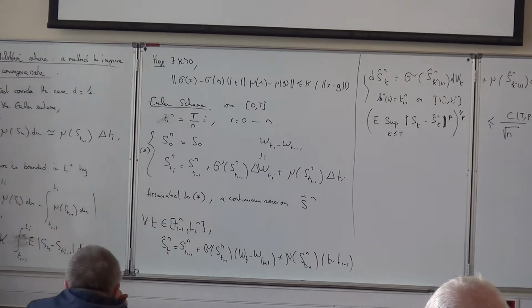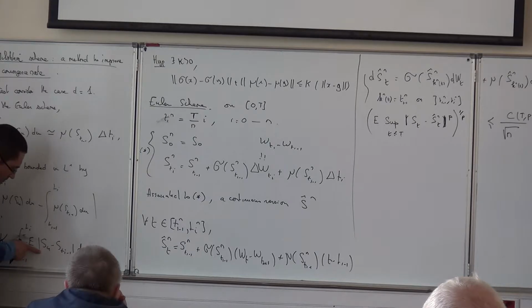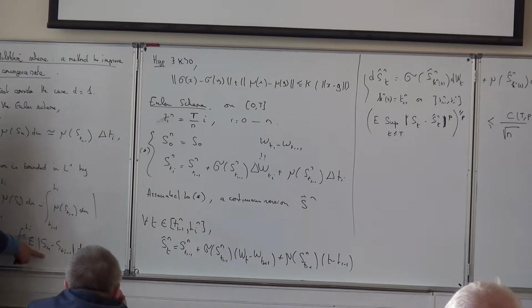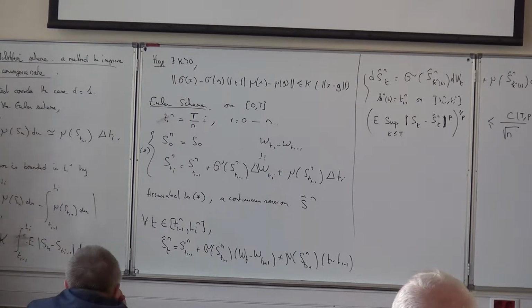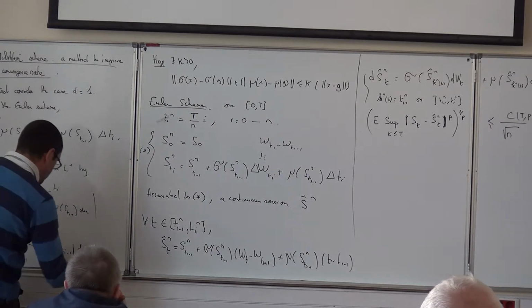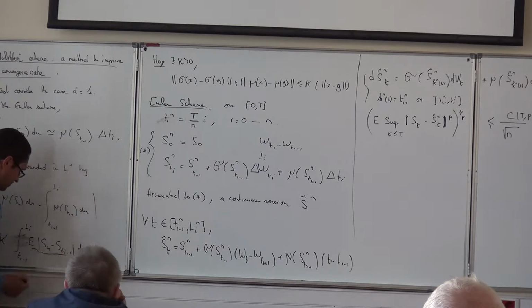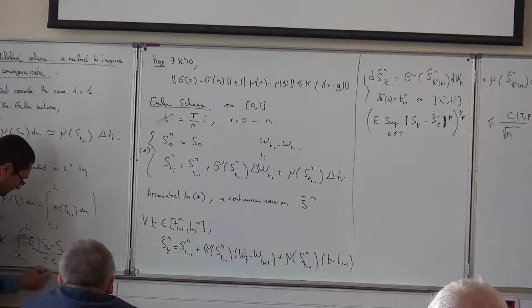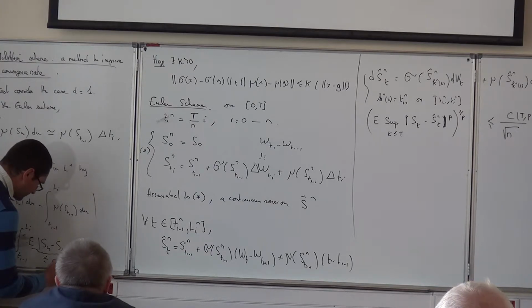But as we have already seen last time, we can easily get a bound about this difference for u between t_{i-1} and t_i. Okay, and precisely we get that this expectation is less than some constant times the square root of